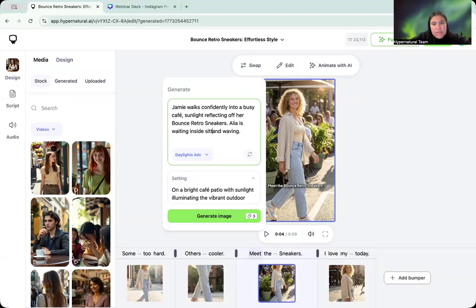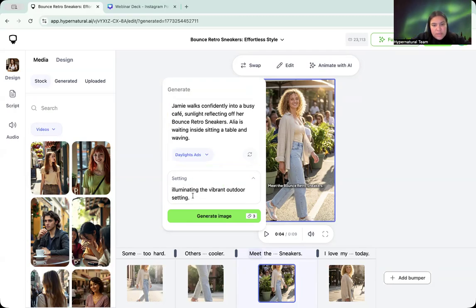Waiting inside, sitting at a table for two. All right. So now we want to change the setting. A bright cafe, sunlight coming through large windows in a